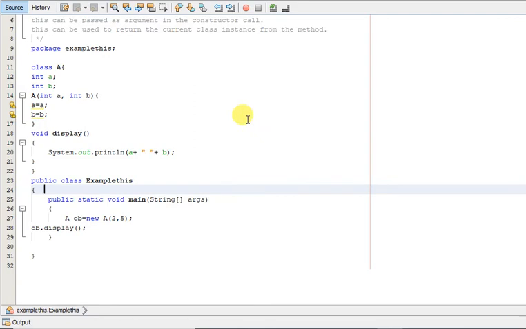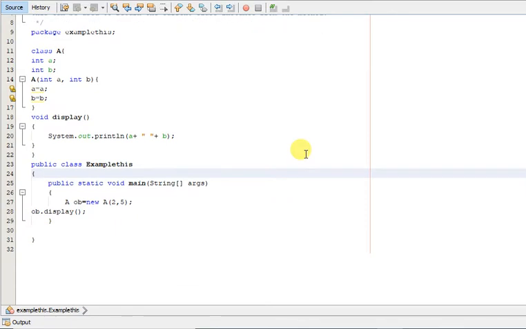So the first use of this is it can be used to refer to the current instance variables. See, in this example we have created a class A and a constructor A. We also have two variables A and B. In the constructor also we have two variables A and B, and we are assigning A to A. So what is the problem here?